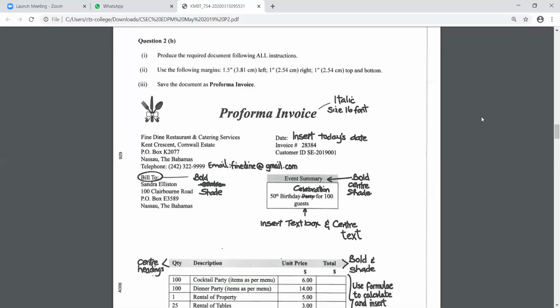Remember that in question 2A, you all would have gotten a logo for the letter, right? You all can leave the logo to be standard, meaning that you can go to your Word document and you can copy and paste it across to Excel. Now, this that we are doing will not be done in a header in Excel. This is being done on the regular Excel page. Got that?